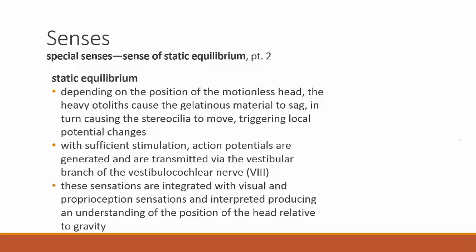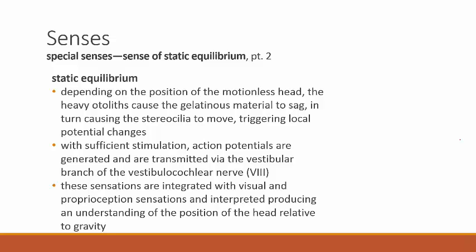No, I'm sorry. The macula of the utricle would lean forward, and the otoliths, because of their weight, and because they're more dense than the gelatin stuff, are going to cause that gelatinous membrane, or gelatinous sheet, to sag. And as the gelatinous sheet sags, that's going to deflect the stereocilia. And as a result of that, there will be action potentials generated along the vestibular branch of the vestibulocochlear